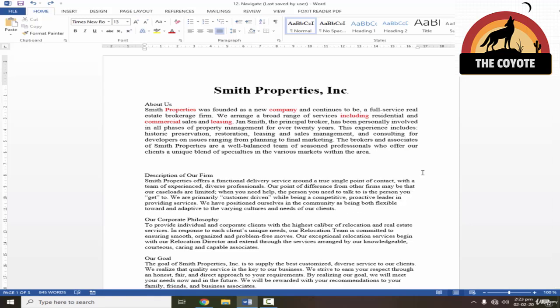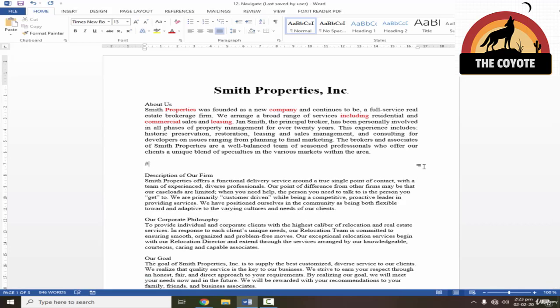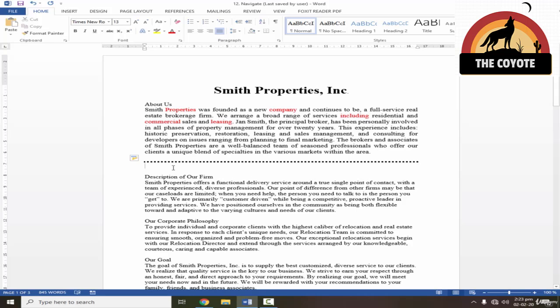If I press three hashes and then press Enter, you can notice a designed line created on the screen. Let's press Ctrl Z. Now if I write three stars, that is the asterisk sign, hold Shift and 8, and then press Enter, it will create a dotted line in a bolded form. So that's it. These are some useful shortkeys of Microsoft Word that you can use to work efficiently on the document.